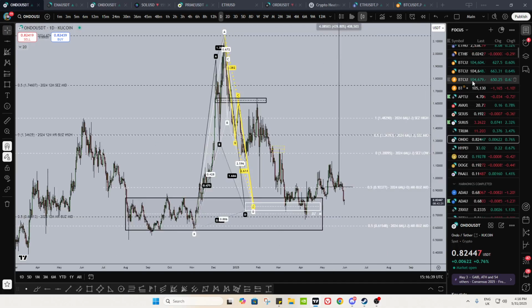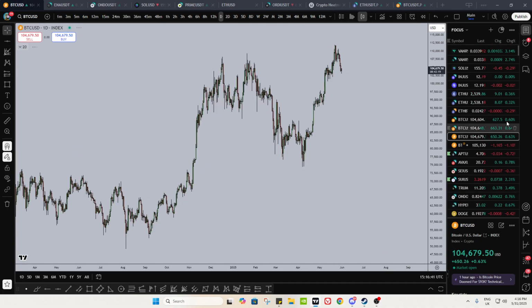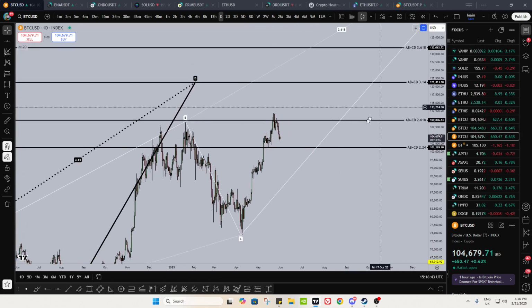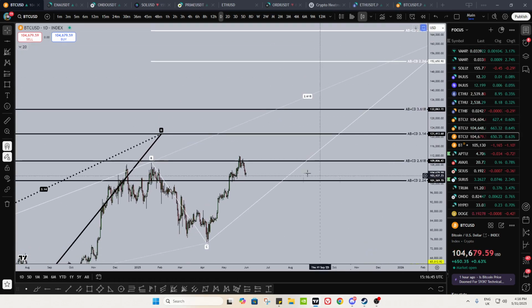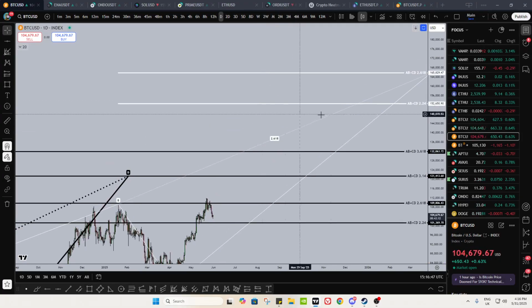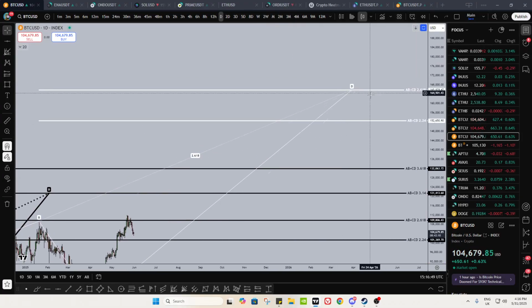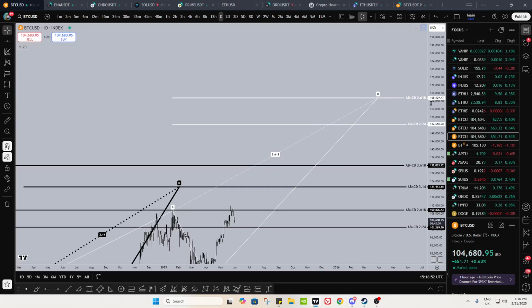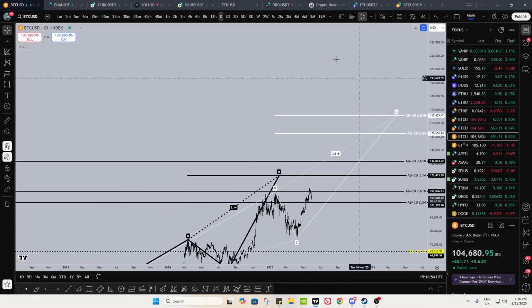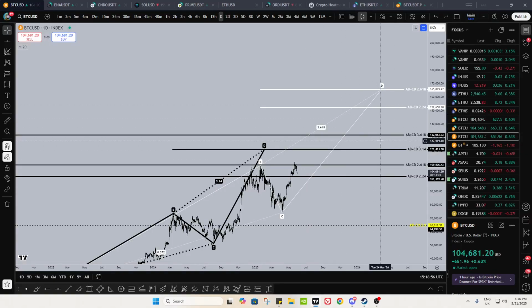I can just turn the ABCDs on, right? There we go. Right, so blow off top scenario anywhere between 120 and 132, and if the buying pressure persists, then 150 to 165. I'm not going to give targets higher than 152 or 165 for now. I do not think we're going to get 200k this cycle. If we do, it's a blessing, just higher prices for us still.